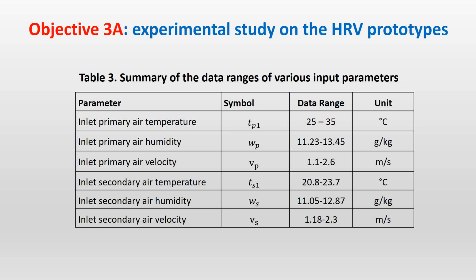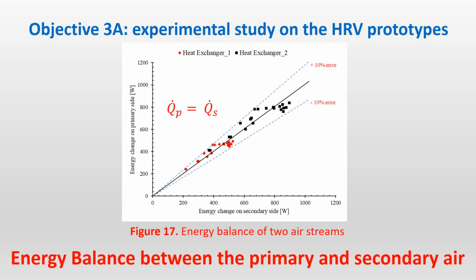Before we take the measurements, we have to check if the system is balanced in heat transfer on both channels. So we took many experimental readings, and we found that the variation is actually within the limits of 10% error. And this is usually acceptable depending on the references I use for similar studies.